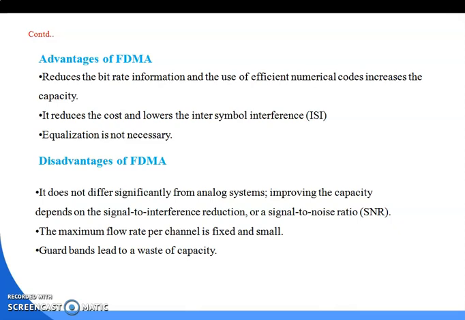Guard bands lead to waste of capacity. Though the guard bands are used between the 2 channels, that is unnecessary waste of capacity, as there is no usable resource within that area. So that's why guard bands lead to waste of the capacity in FDMA.